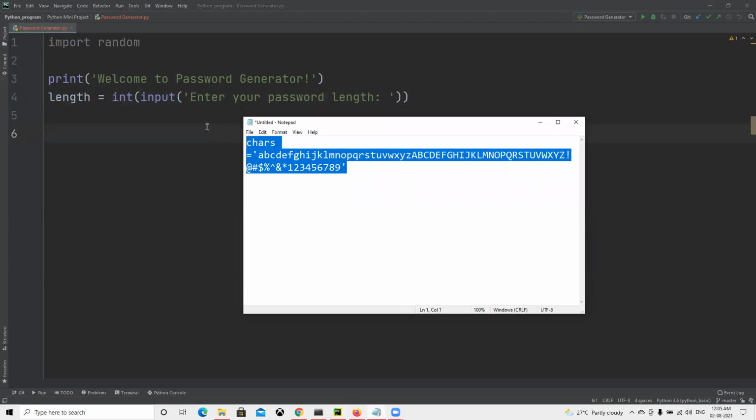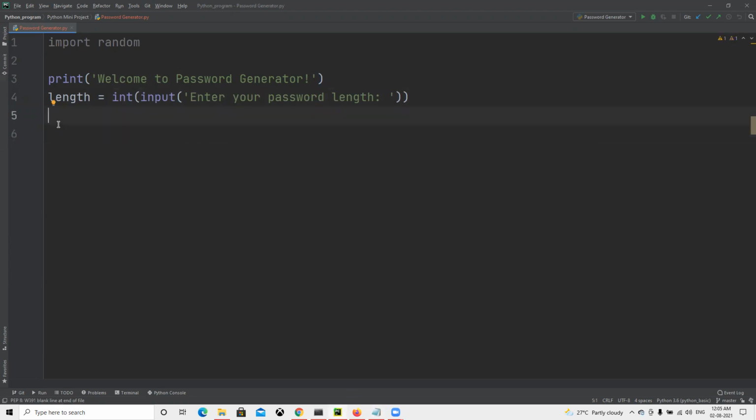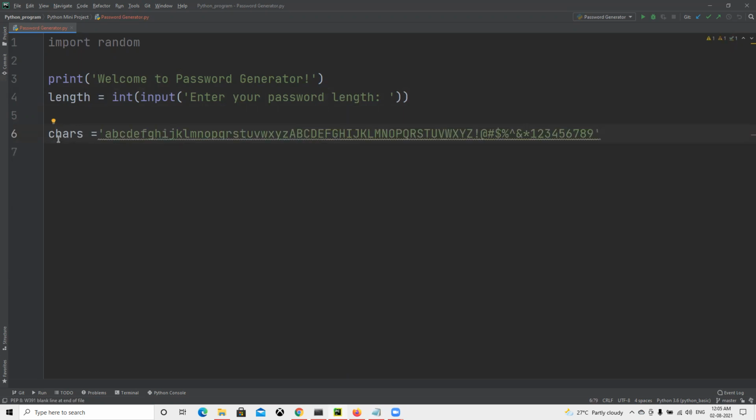We can first assign one variable like this. It's going to use any one of these letters. So I assigned small a to small z, capital A to capital Z, then special characters, then 1 to 9. So it will pick random characters and give them to us.